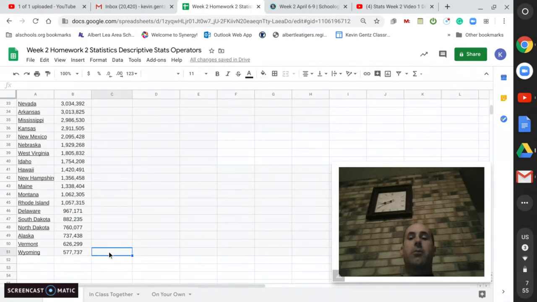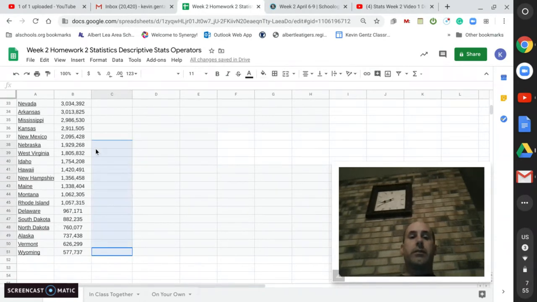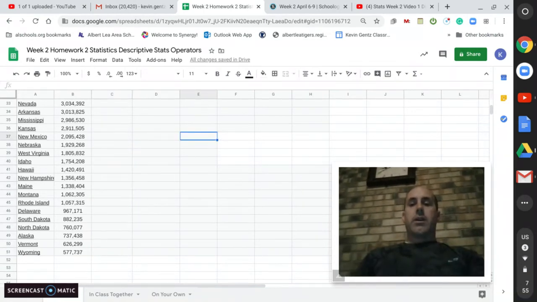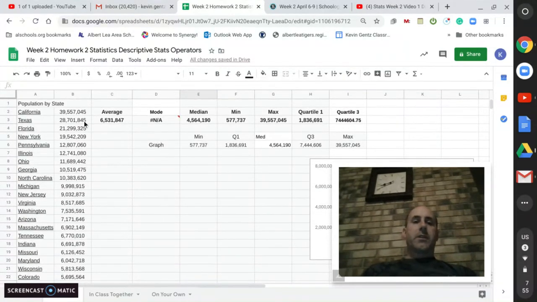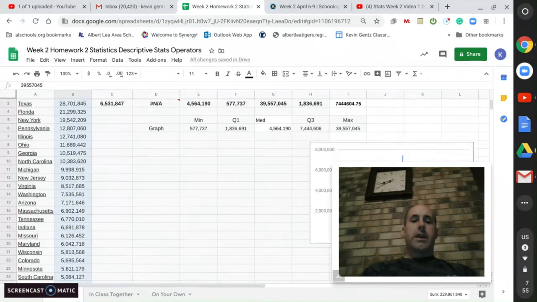Let's look at how many are between 0 and 2 million. How many between 0 and 2 million? We have 1, 2, 3, 4, 5, 6, 7, 8, 9, 10, 11, 12, 13, 14. We have 14 between 0 and 2 million. We're going to show kind of how that's gathered and the distribution that we have. And here's how we do it. Very simple. Just grab all the data points